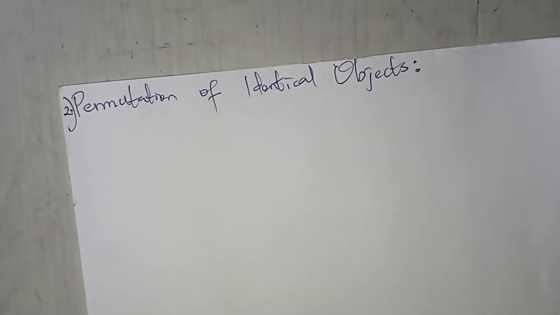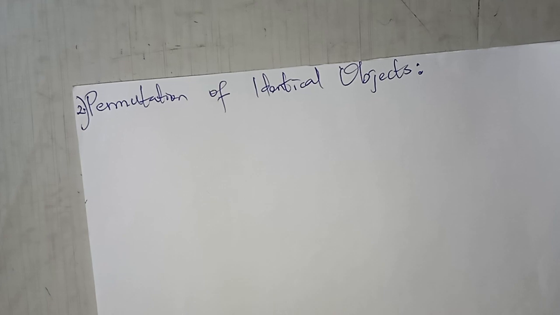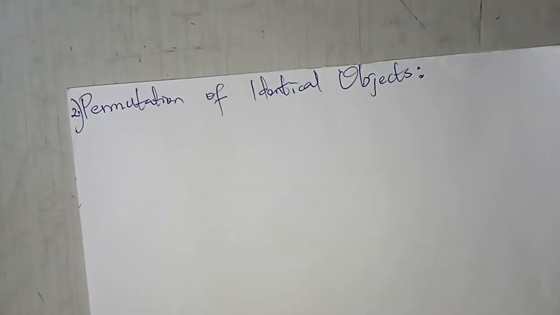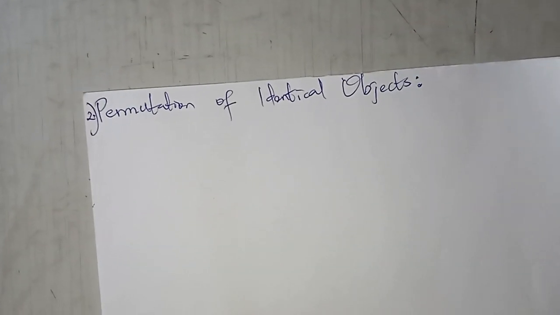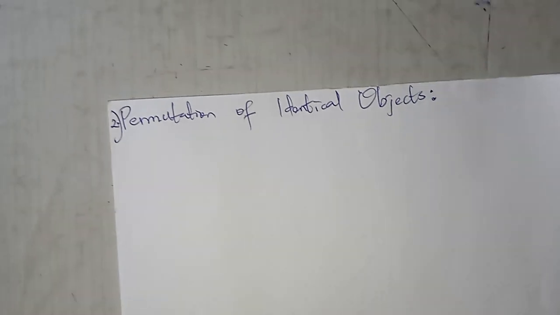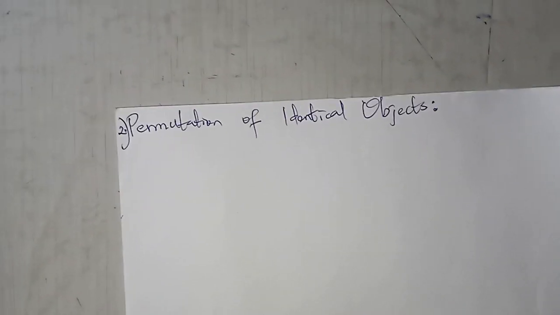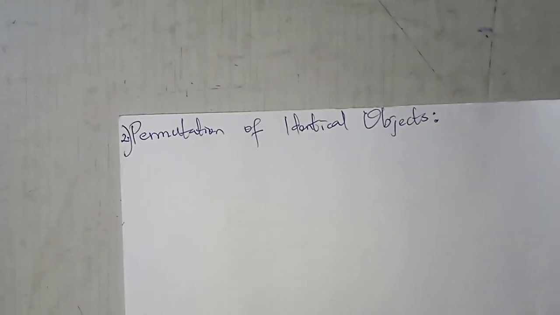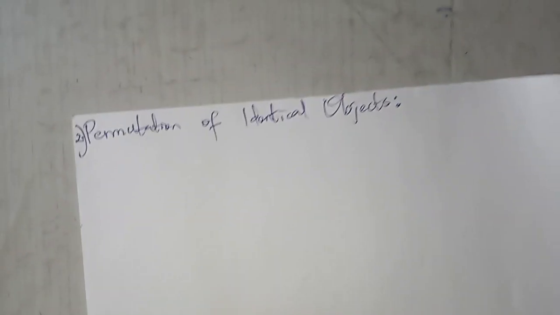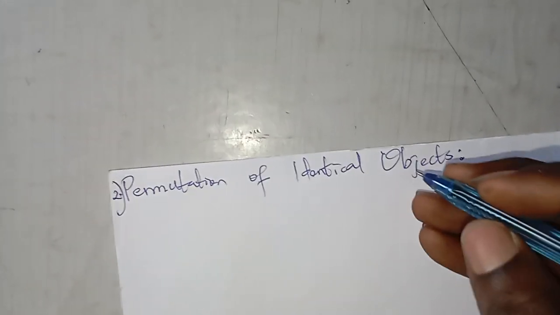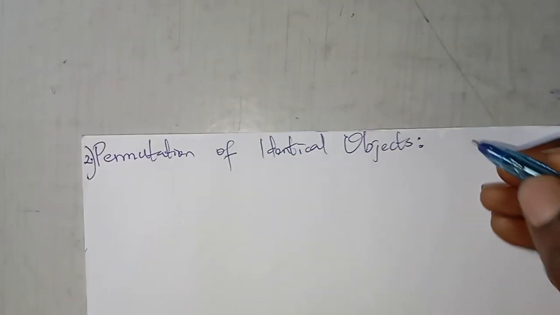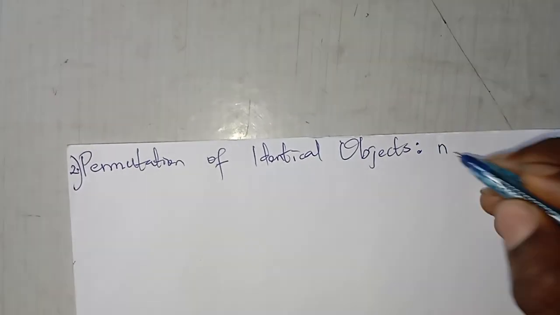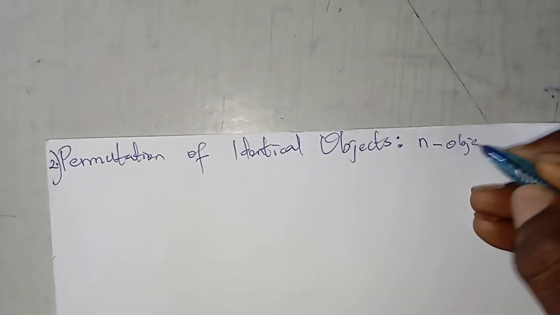So for the second type of permutation, when you're taking R objects, we say it's identical when they are alike. I normally define this as indistinguishable. If you don't call it identical, you say it's indistinguishable. So for the indistinguishable type of permutation, the formula is given by, if I have n objects,